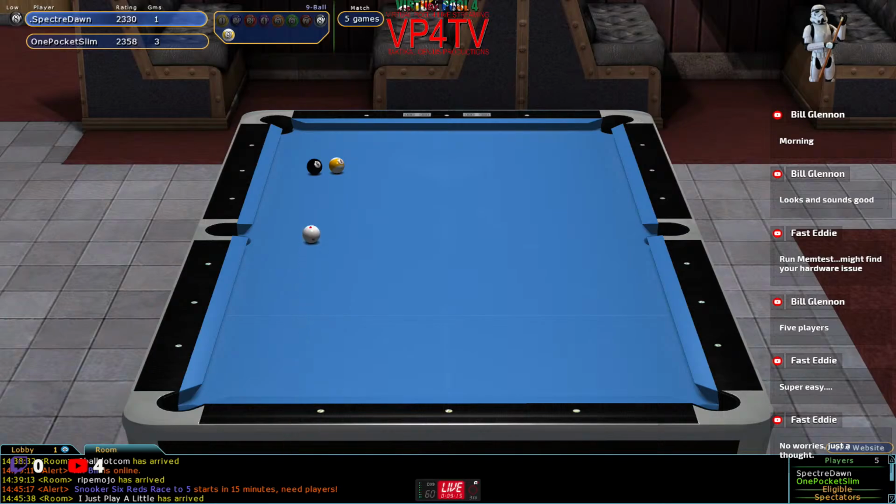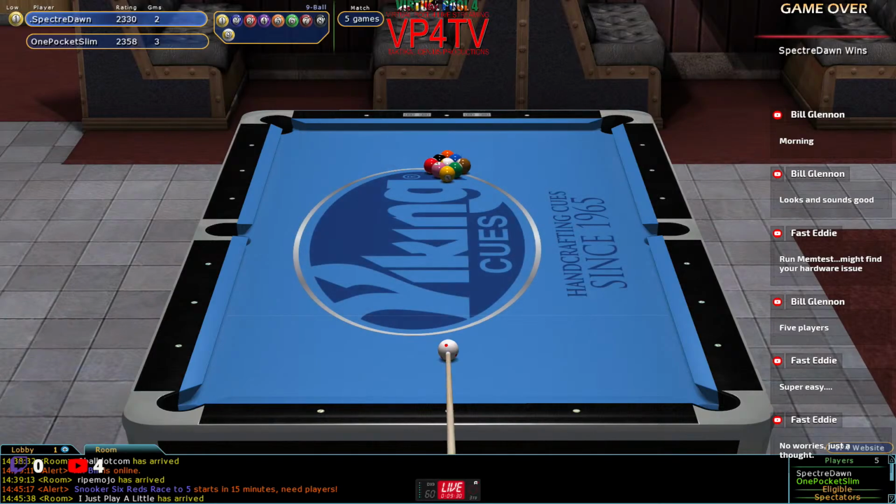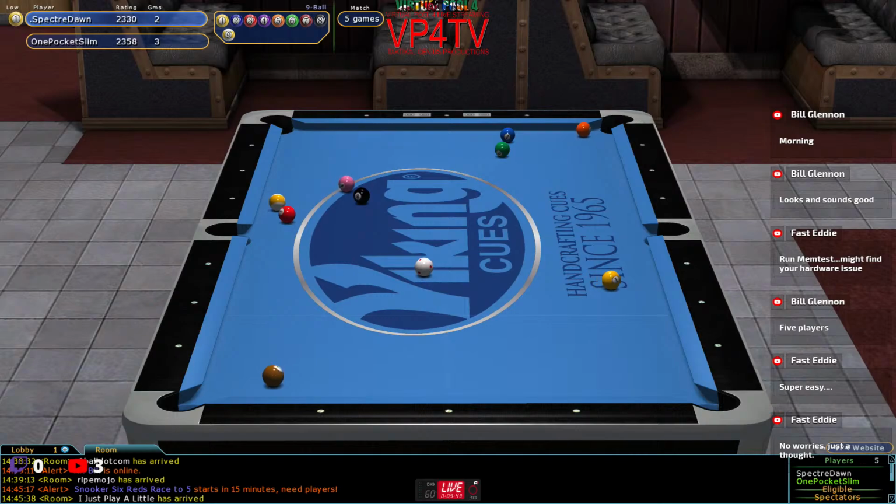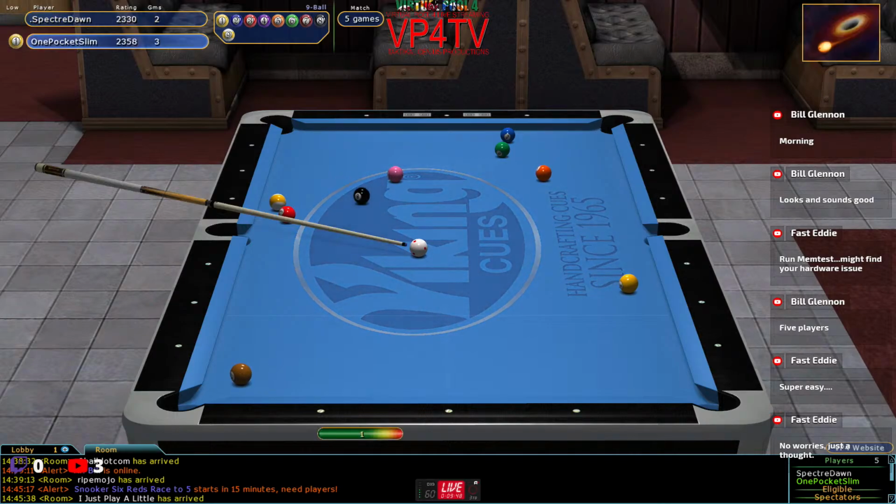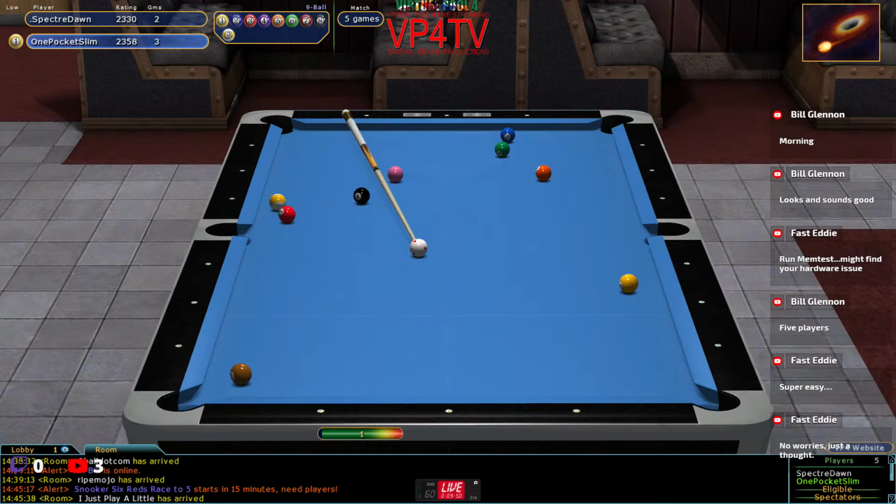Anyway, as long as it holds out for the time being, using Marilla's action, we'll see how it goes. We've got one pocket slim, 3-1 in front, races to 5. Presume this was handicapped. I have no clue whether it's handicapped or not. I didn't read the tourney information, but it's shorter races to 5. And I'll do this for this tournament, just to make sure things hold up for a little while,